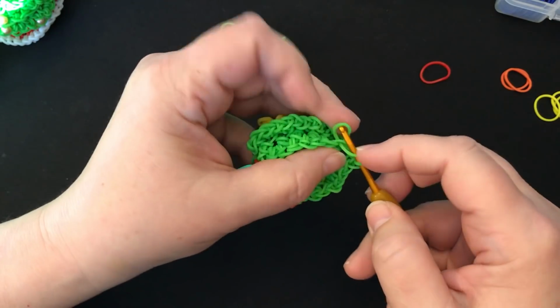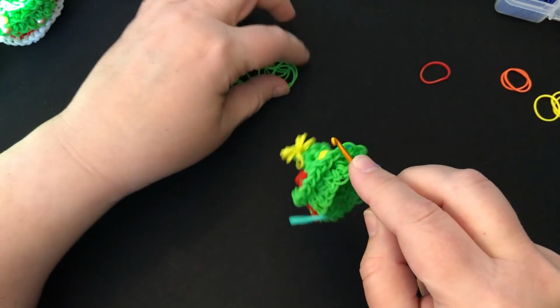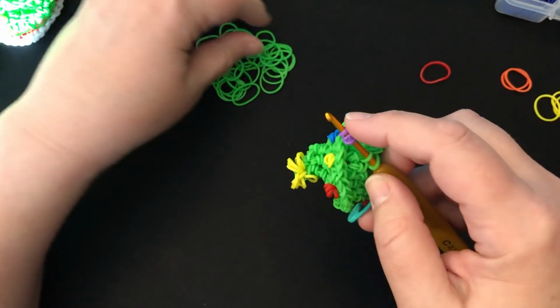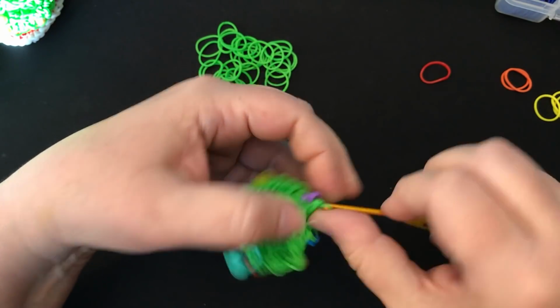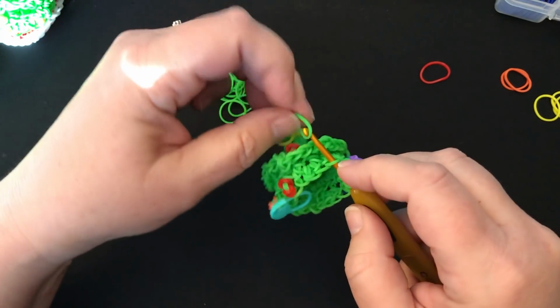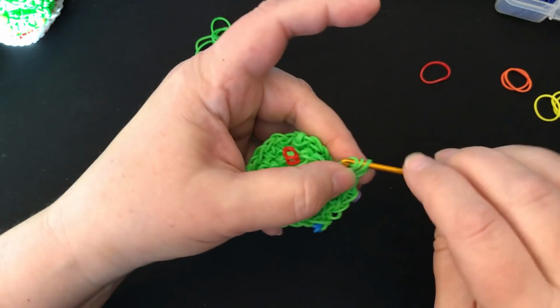Next one is single in green only, followed by an increase with green only. And then we do our colour. 1, 2, 3. Next one, single crochet in green only and an increase in green only. 1 and 2. This one is colour. It's pink. 1,